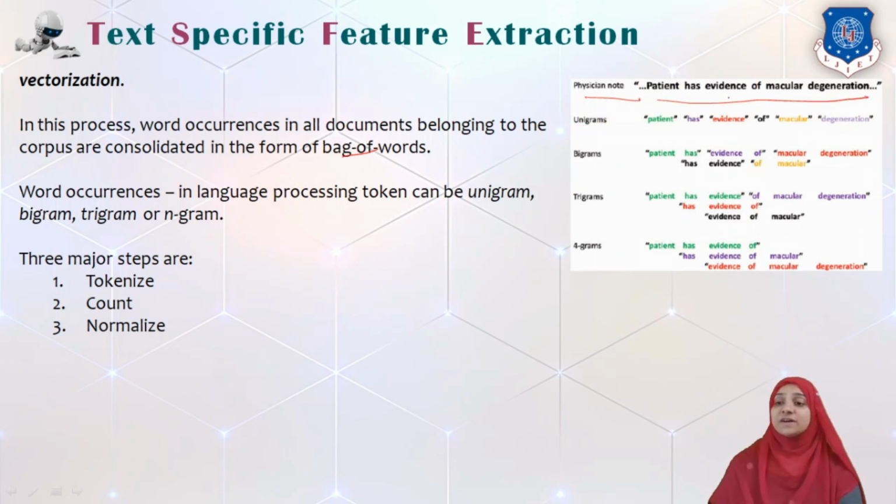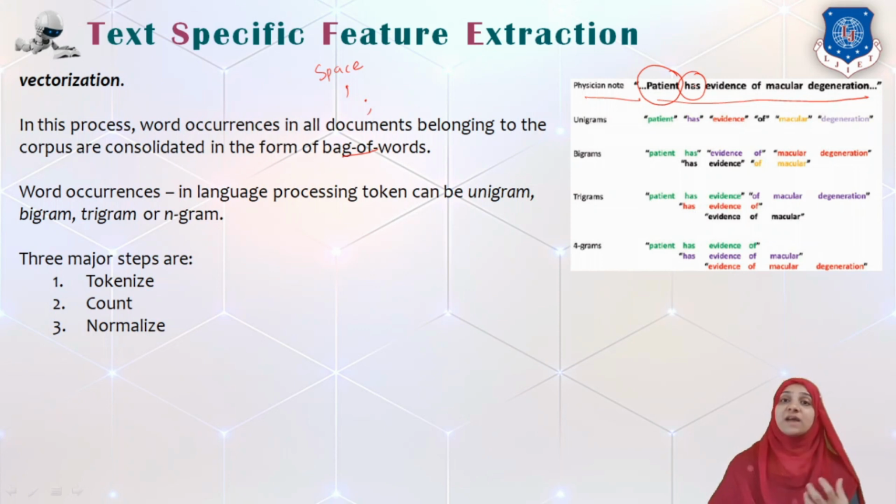Okay, so this is the textual data that we find in some physician's note. And if I want to create a unigram corpus, I will take an individual word as a token to separate them. Now these tokens are getting separated with the help of some delimiters. Space is one of the best delimiters. Second delimiter is comma, then we have semicolon. So all these are the delimiters which separate out the tokens.